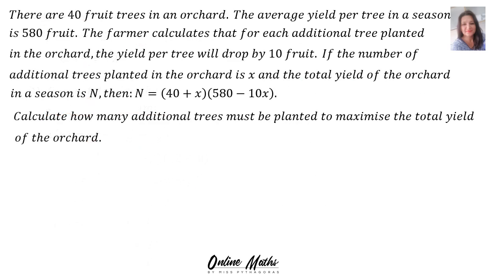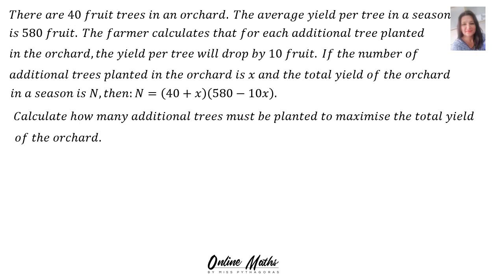There are 40 fruit trees in an orchard. The average yield per tree in a season is 580 fruit. The farmer calculates that for each additional tree planted in the orchard, the yield per tree will drop by 10 fruit. If the number of additional trees planted in the orchard is X and the total yield of the orchard